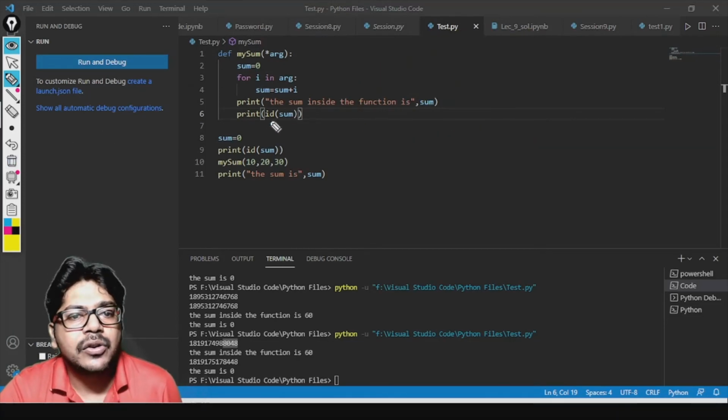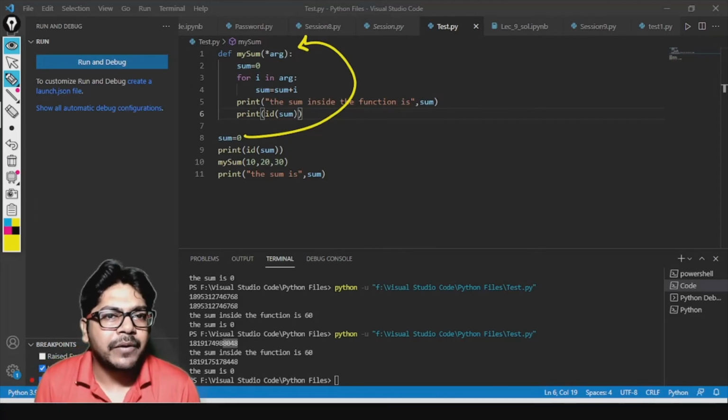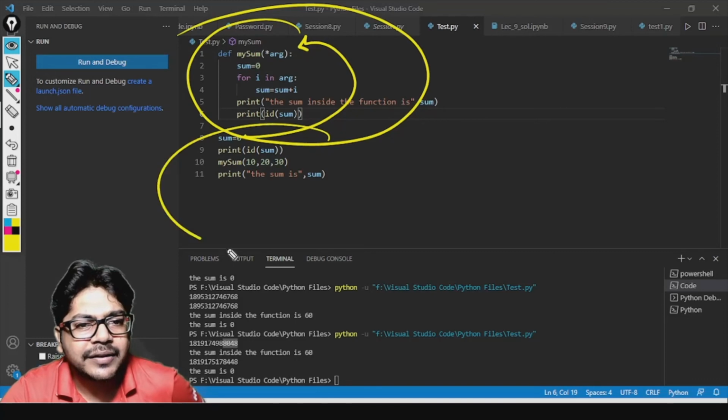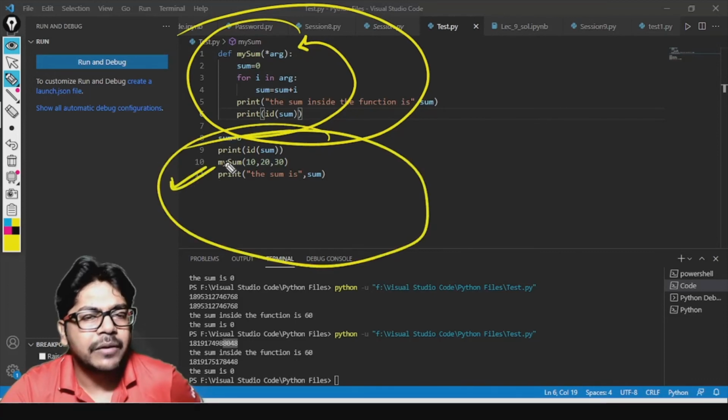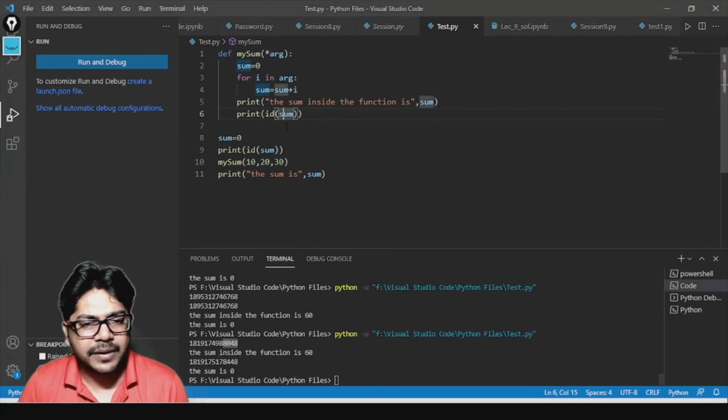But here it is not, because it is jumping from one place to another. This is a different scope altogether. It's a different city. So even if it is a global one, whatever you do inside the function is not going to affect it. We already saw that.